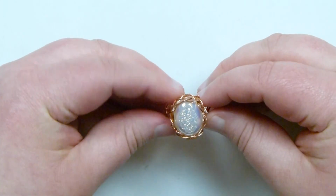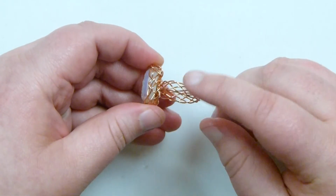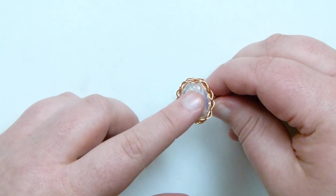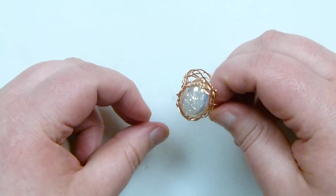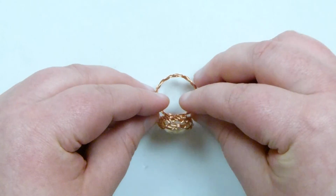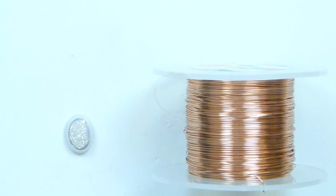And you can use this technique, obviously different sizes of rings, but also different sizes and shapes of the cabochon. So it really depends how you want yours to look, but if you want to learn how to make this, then keep watching. So then we need our materials here, and what I have here first of all is my